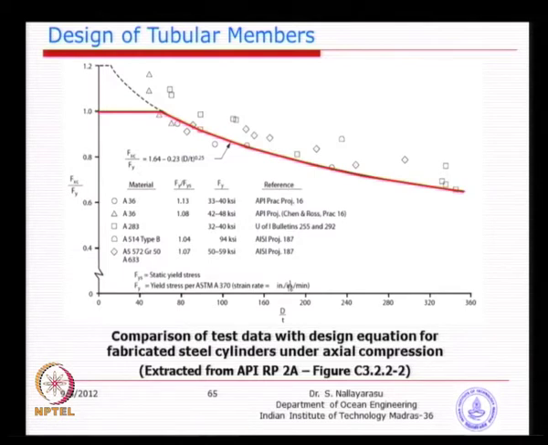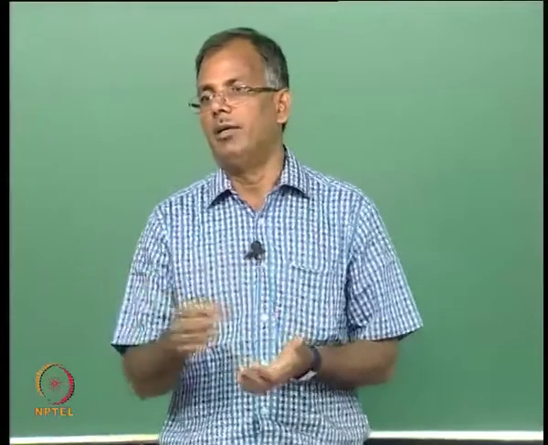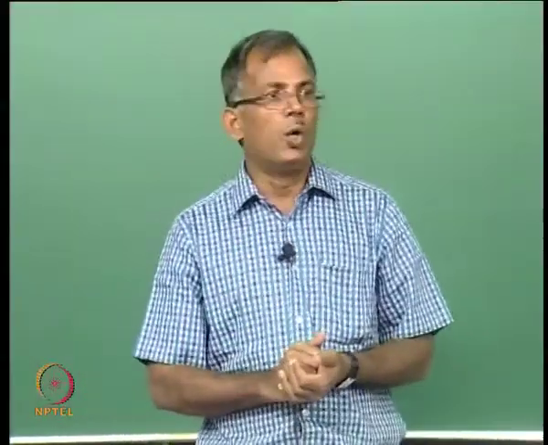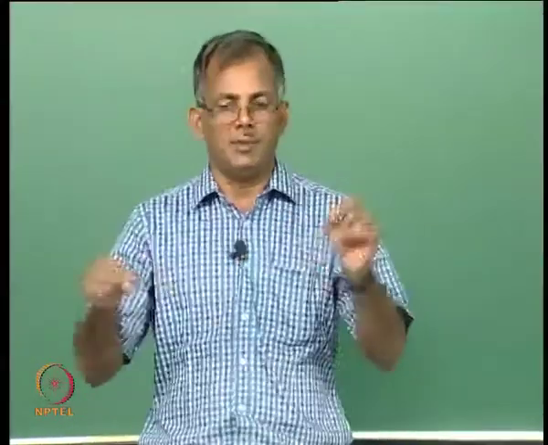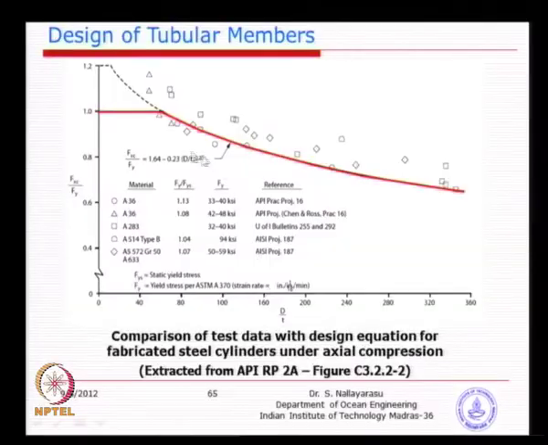They fabricated a cylinder, tested it until it failed, noted down the value of load at which it failed, and then repeated the experiments several times. Quite a number of different steels and different projects. These are all research projects sponsored by various government organizations and oil companies, ultimately to produce a usable relationship between d by t and the allowable stress.